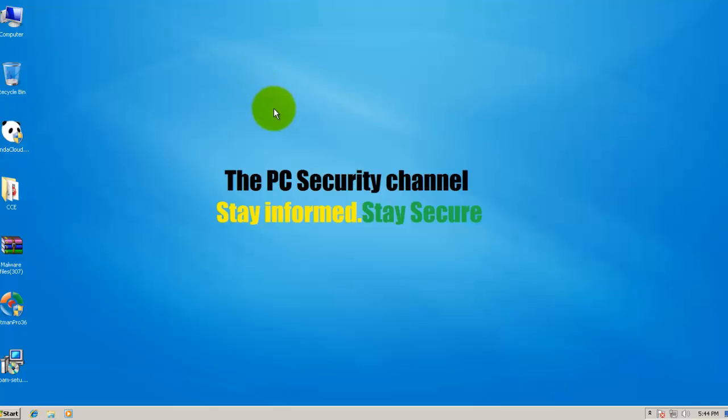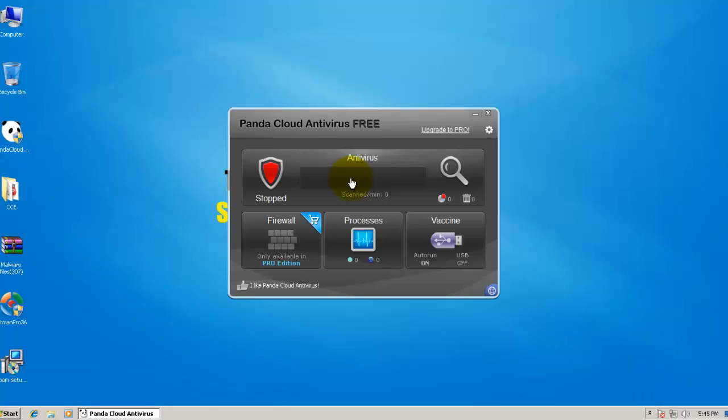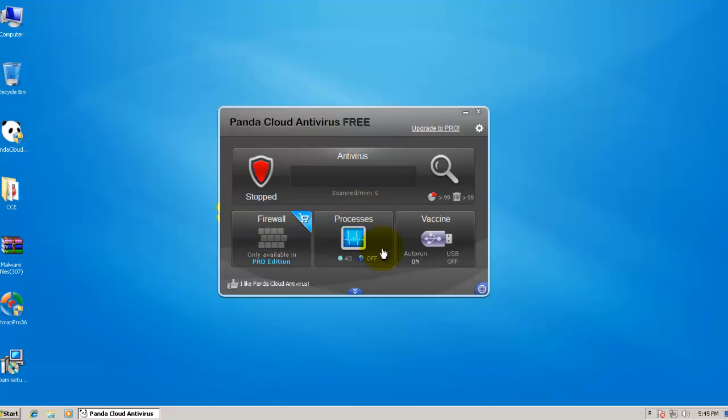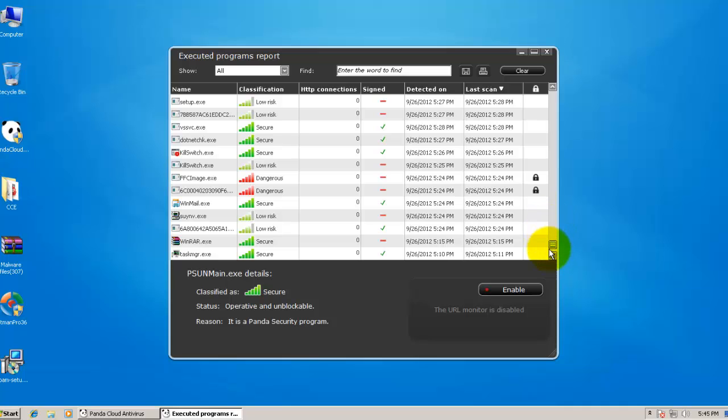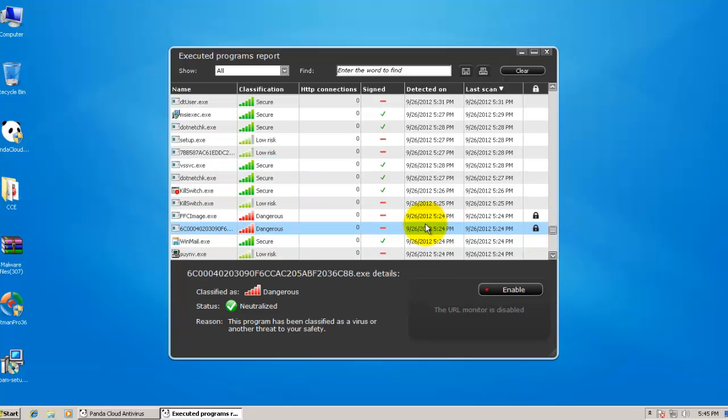We tried a lot of files against their CRD, and I still have no clue how this thing works. I'm supposed to tell you how it works, but right now I have no clue. I don't know if it's really got any CRD component other than the antivirus. It does have a behavior blocker. They list it in their features, but how exactly that works and what it's doing right now,